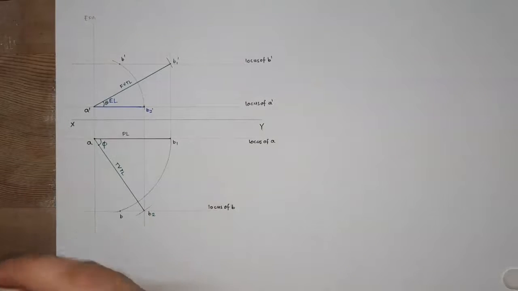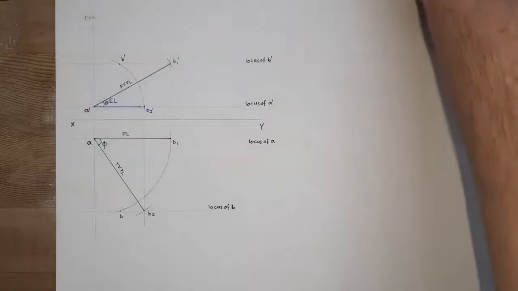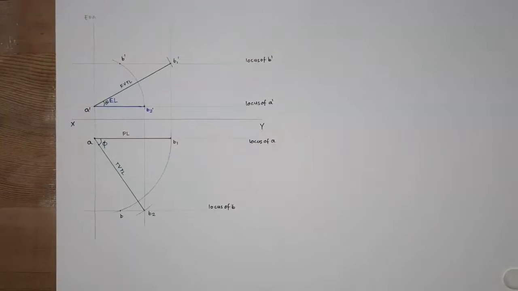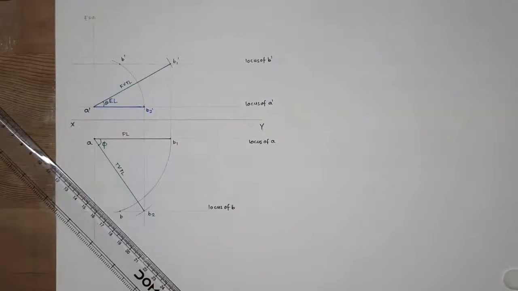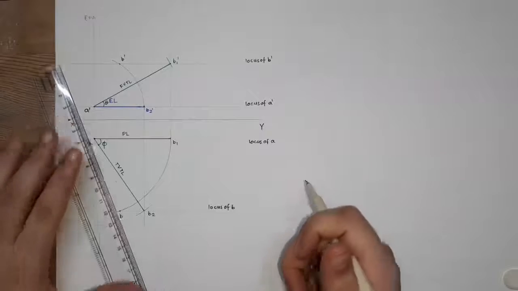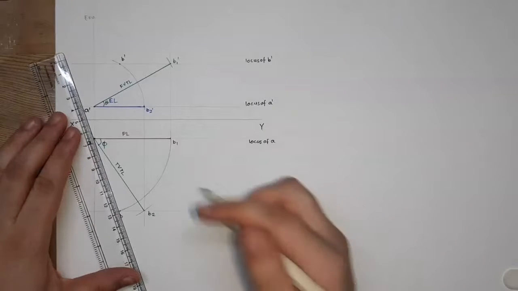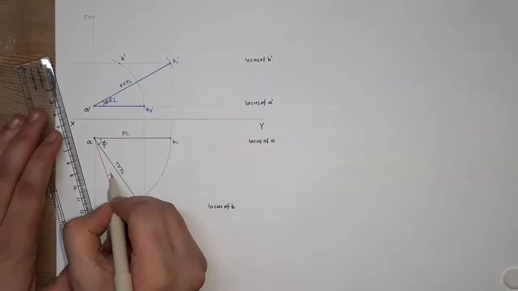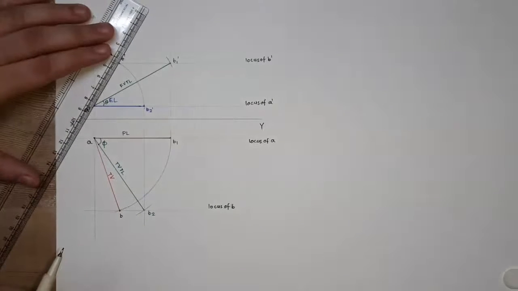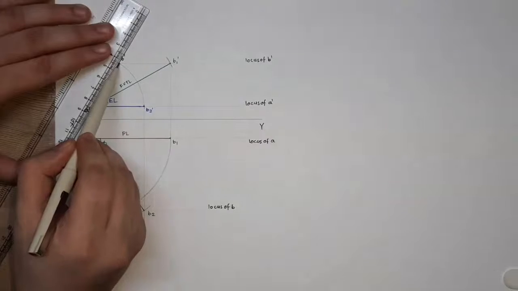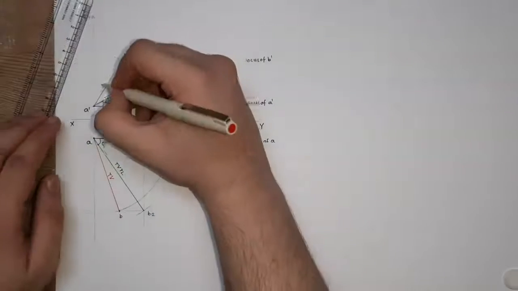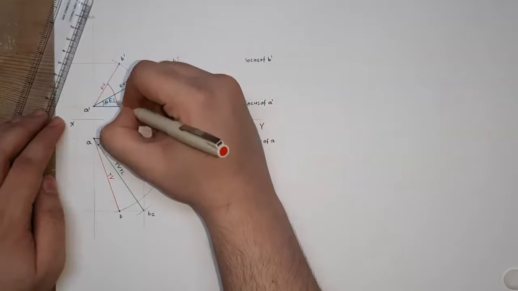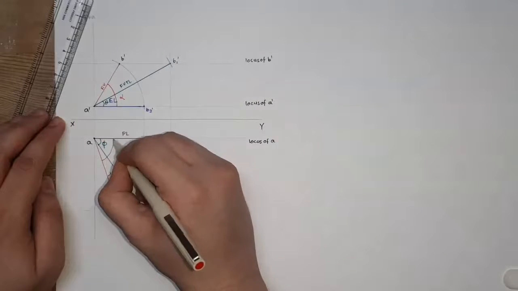Now we have to connect these 2 points, the entire front view and top view, so that we will be able to identify the lengths of FV and TV. So I'll be connecting the top view first. This is my top view. I'll be connecting the front view now. This is my front view. This whole angle is alpha and this whole angle is beta.